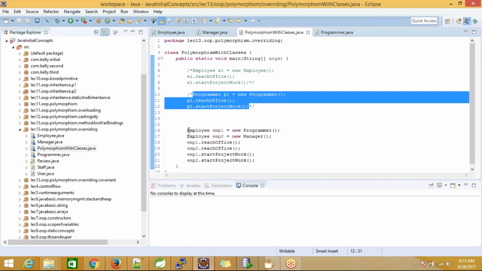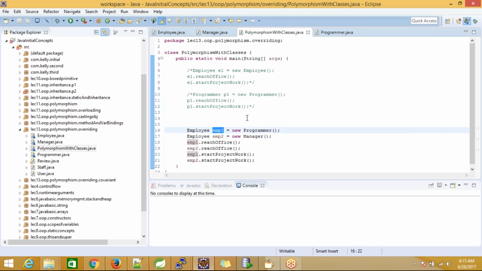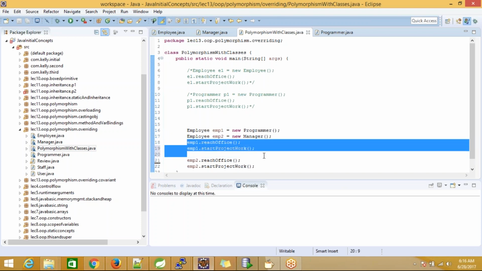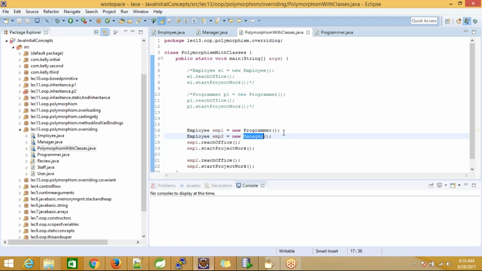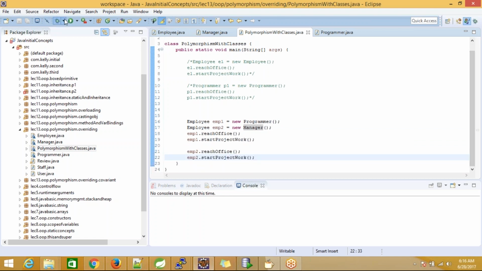So when I have an employee one reference and create an object of programmer, what would be the output of reachOffice and startProject? That should be accessing the body of programmer, and the body of manager, respectively. First, through employee one, the body of programmer would get executed, and through the employee E2 reference, the manager method's body would get executed over here. So if I execute this,